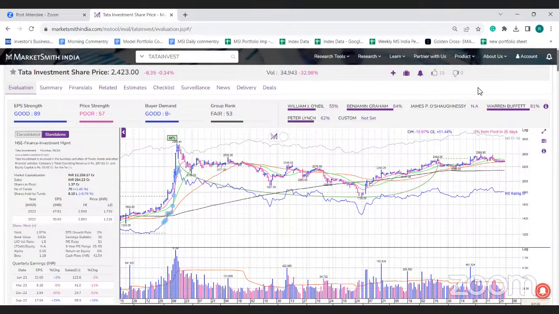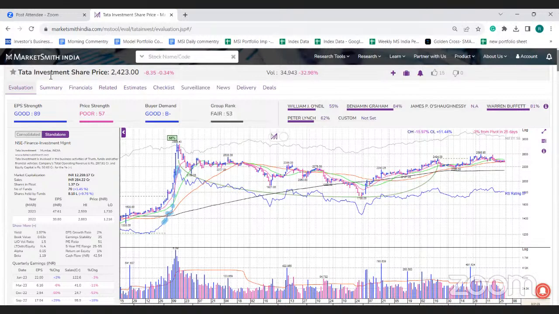So if the user is asking whether to hold it or to exit it, I'm assuming that you already have this stock in your portfolio. So you can continue to hold it, but you can keep the stop loss a couple of points or 1% below 50 DMA because recently for the last 2 weeks, this particular stock Tata Investment has been trading near its 50 DMA and it has not breached that level, which is a good sign. And so if that level is breached decisively on higher volume, you can exit. Otherwise, you can continue to hold it and let's see how the stock plays out.